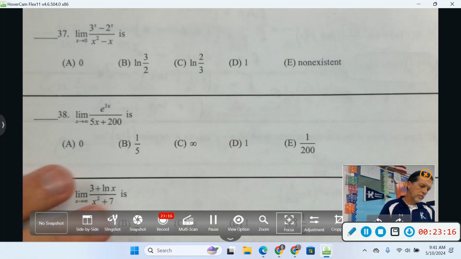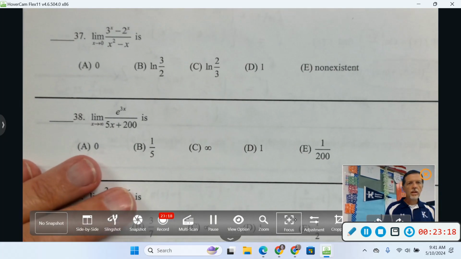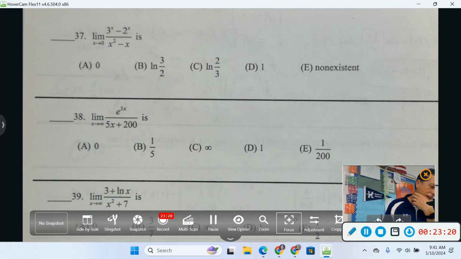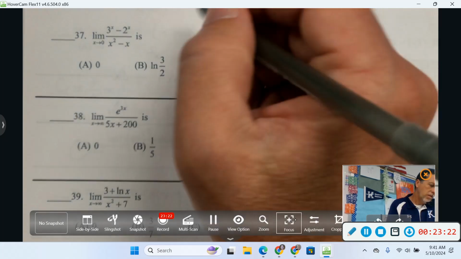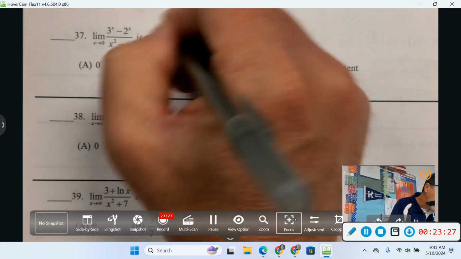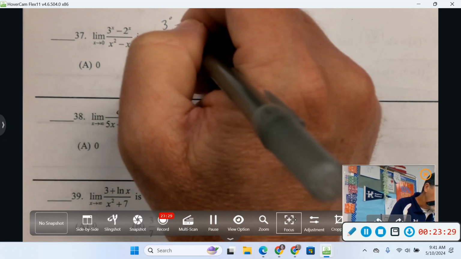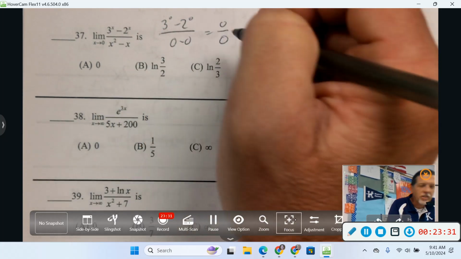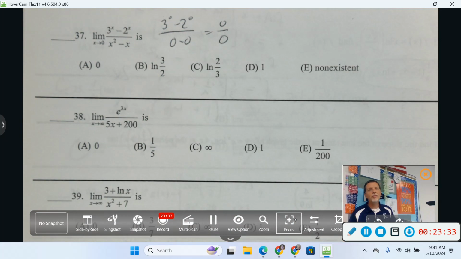37. Limit as x goes to 0. Well, first guess is plug in 0. 3 to the 0 minus 2 to the 0 over 0 minus 0. That's 0 over 0. And what is that supposed to trigger in our brain? If we get a limit of 0 over 0,